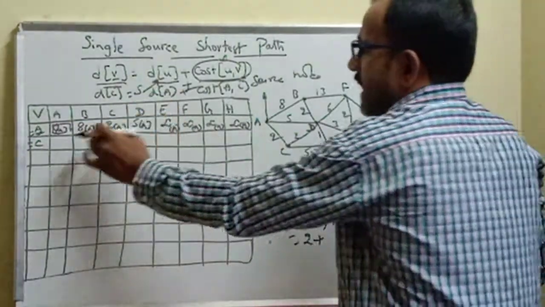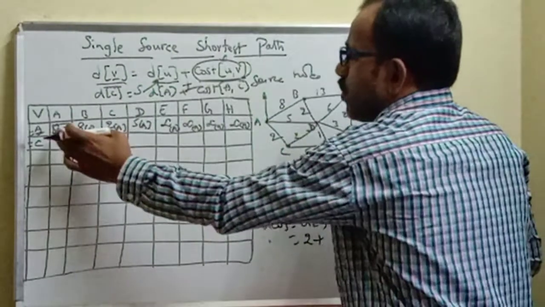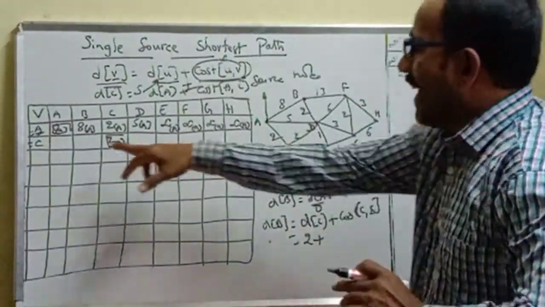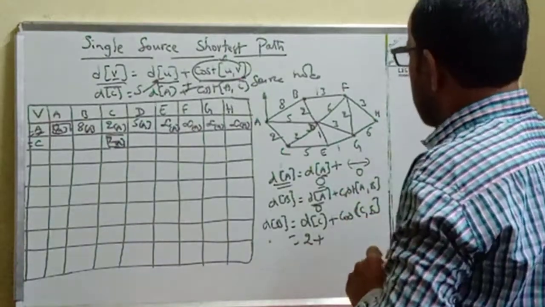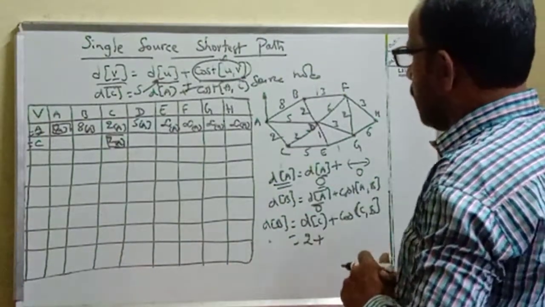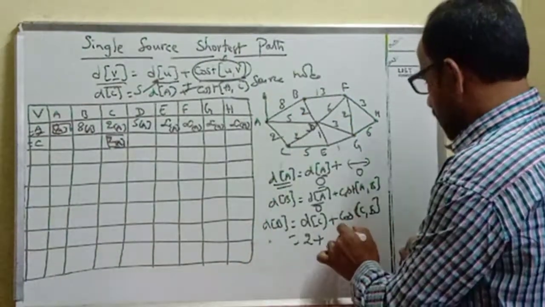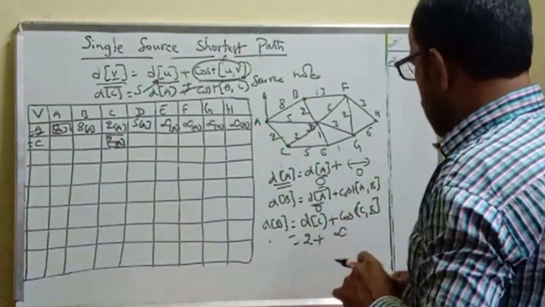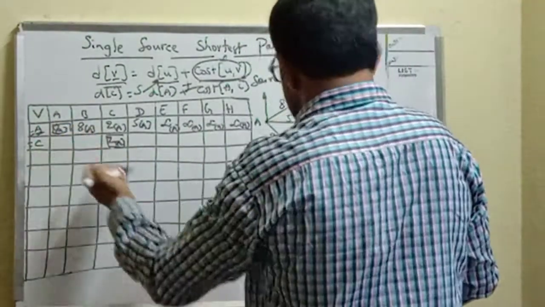That's why we selected this. C is the intermediate node for calculating a distance from the source node to all the remaining nodes. Now via C we are calculating distance. So what is the cost of C comma B? Is there any direct edge between C comma B? No, there is no direct edge. So we can replace it with infinite. Infinite plus 2 is infinite. So if we go via C, then the distance is infinite.